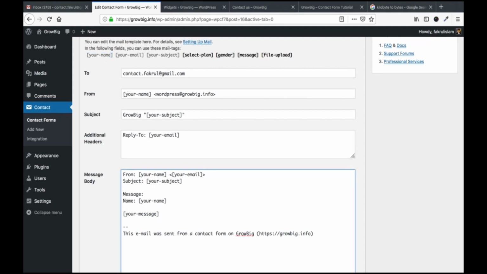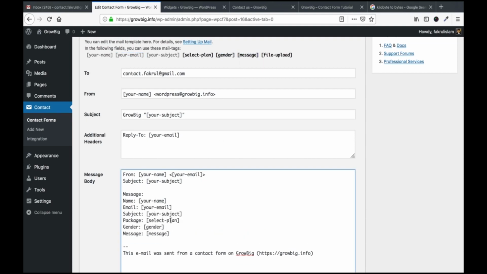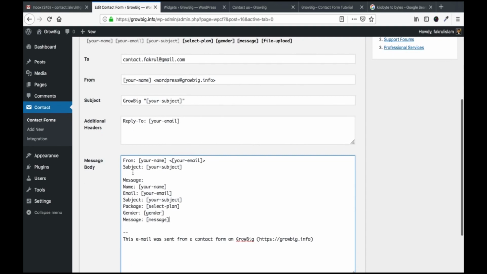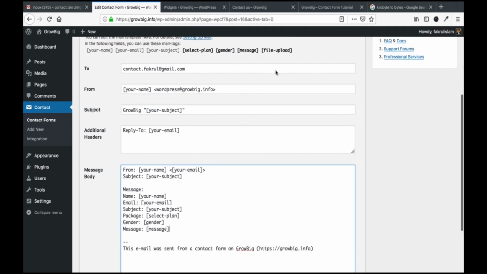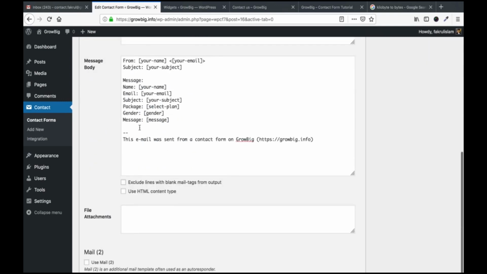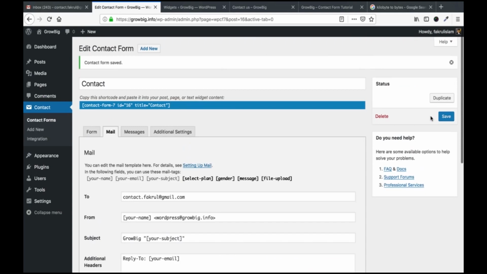So write your message: name, email, subject, gender, message, general, then click here, file attached. Just paste the code here and click save.